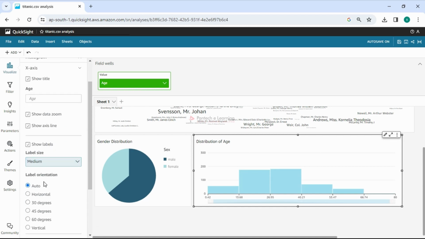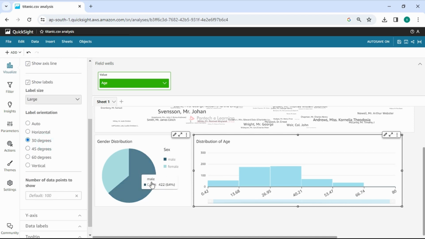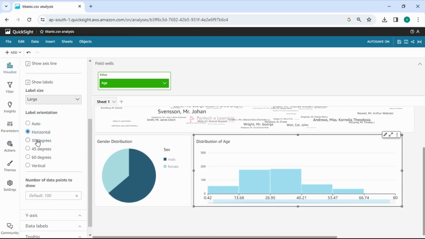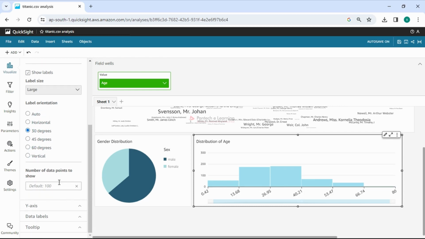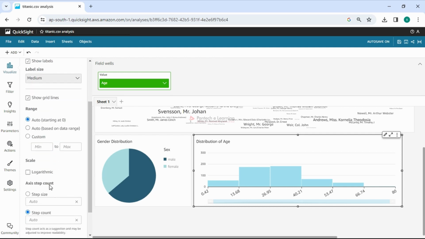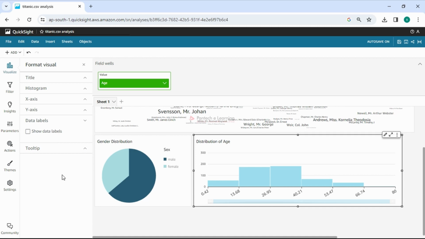And talking about x-axis, you could change the labels if it's not that appealing, and the orientation, for example, if you want to turn it like this, now you could see, if it's horizontal or 35, 45 degrees, 60 degrees, or even vertical, you could do that. 30-degree was good. Okay, and talking about y-axis, you could increase their size also,